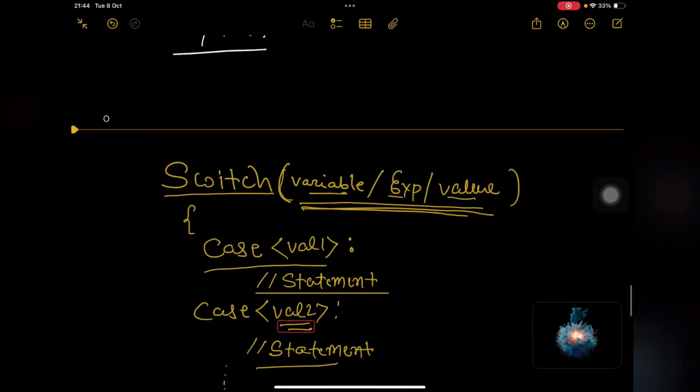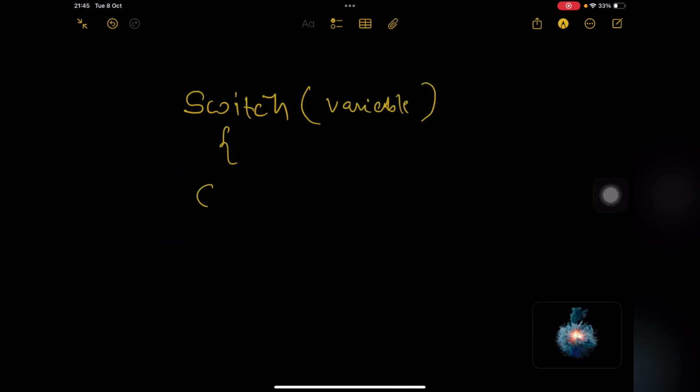I will write it again one more time. Let us assume I have to write the syntax. First you have to write switch, then the variable, and then you have case val1, colon, and then here you have a statement, semicolon. You can have break,